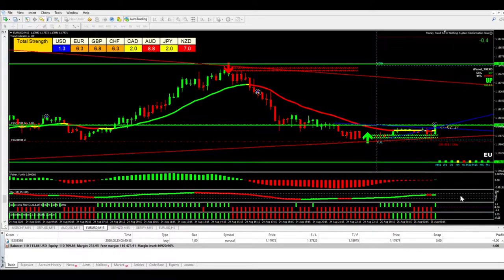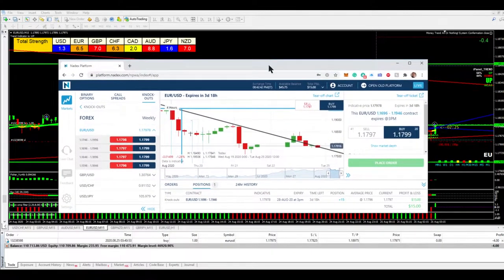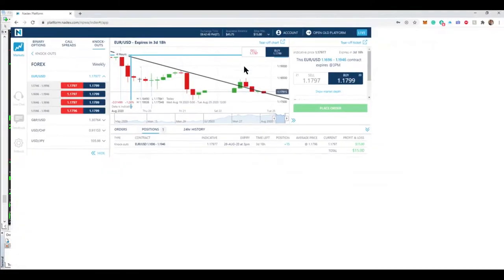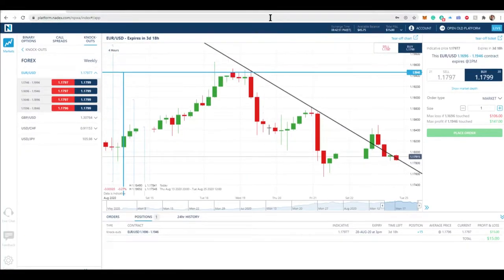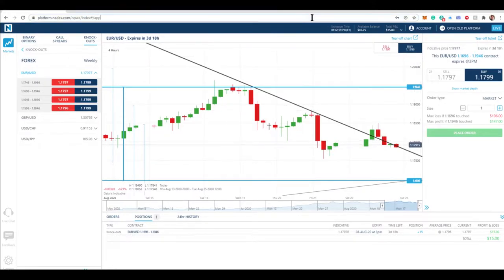So we got the MT4 account going with the Forex. I already put in one trade, so I keep an eye on it. And I've already placed my trade with Nadex, like I said. It's already up $15 for 15 positions. It's going to grow pretty fast. And if we go down to here, I get knocked out. But like I say, if we go too low,